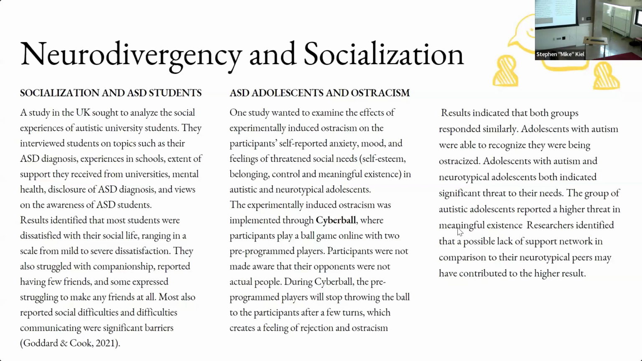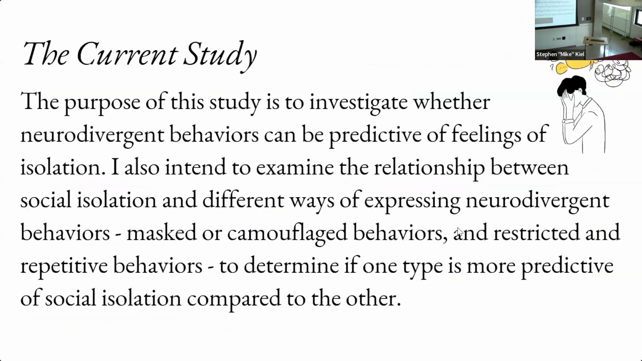Adolescents with autism were able to recognize they were being ostracized, which is not something that is typically predicted. Adolescents with autism and neurotypical adolescents both indicated significant threats to their needs. The group of autistic adolescents reported a higher threat in meaningful existence. Researchers identified that a possible lack of support network in comparison to their neurotypical peers may have contributed to the higher result. My purpose of my study was to investigate whether